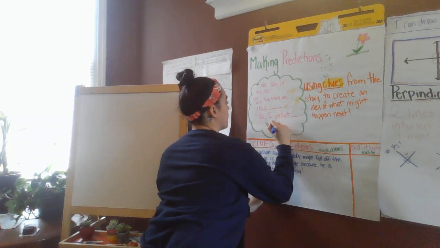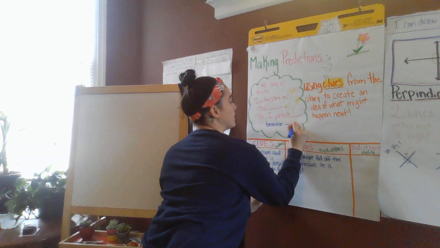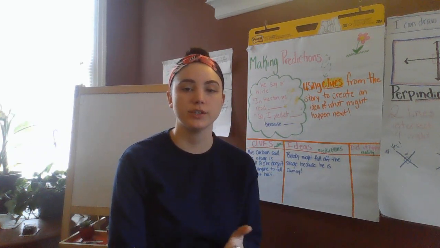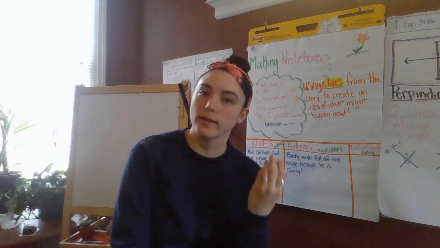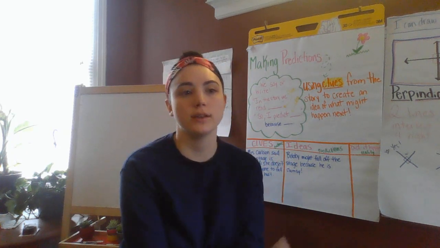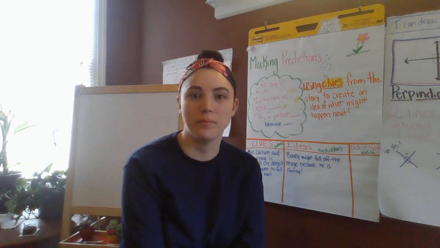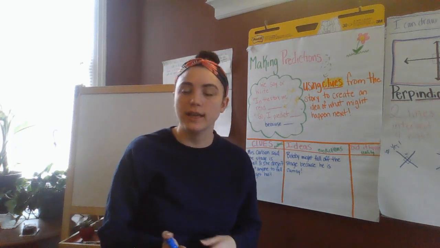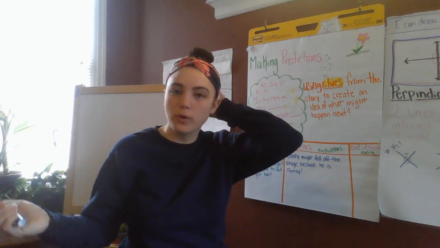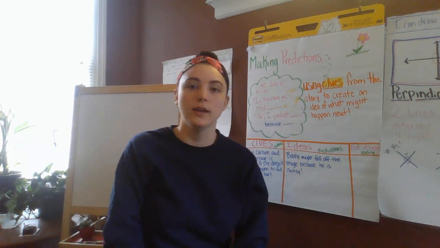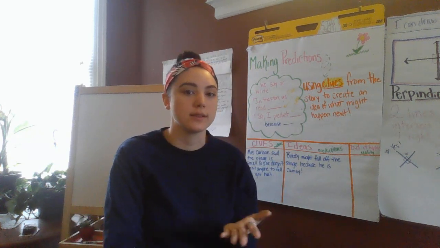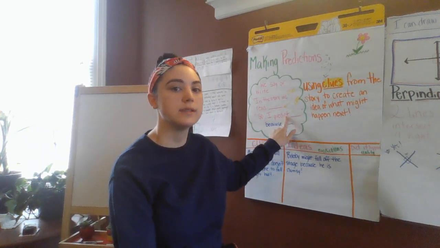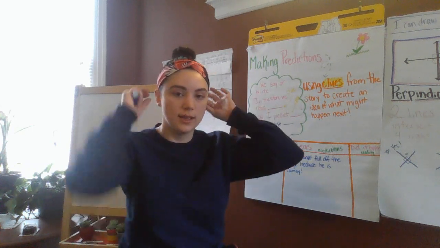I'm going to add a little clarifier here. I think it's important to use a because sentence attached to your prediction to really help us understand where that thought came from. Like, okay, she said she doesn't want anyone to fall off the stage, but why did I think Bobby would fall off the stage? Well, I think Bobby would fall off the stage because he always says he's uncoordinated, he isn't very good at sports, he gets embarrassed and awkward. So that's why I picked Bobby as the person that would fall off the stage. So I added because he is clumsy, and I want you to add a because when you're making your predictions,